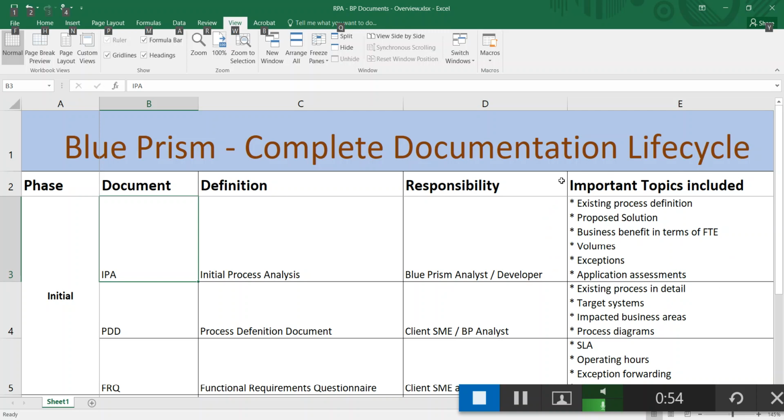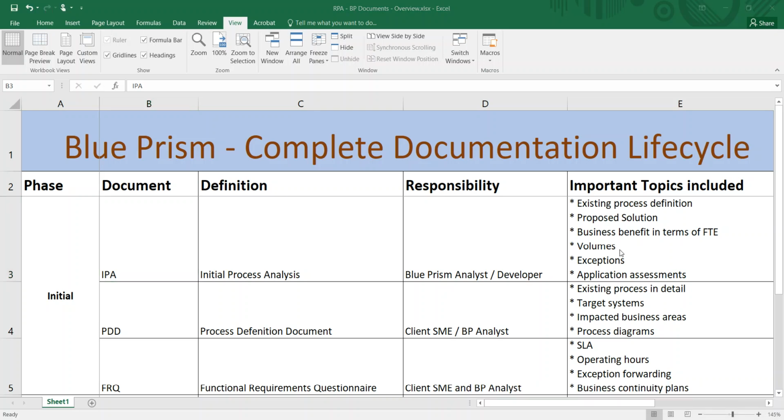I have provided the links for all the documents listed here in the description box below. You can download those documents and see each and every detail for yourself. Now we are going to quickly go through all those documents for better understanding.